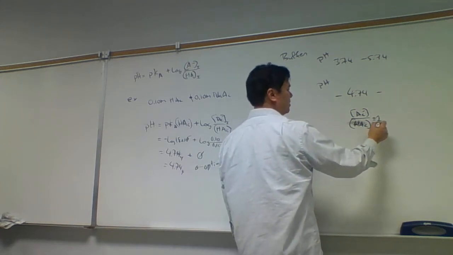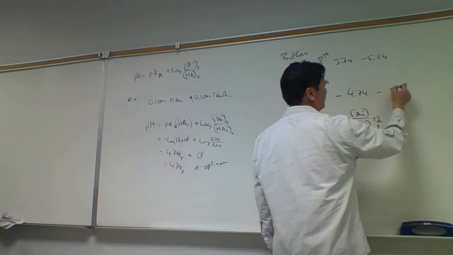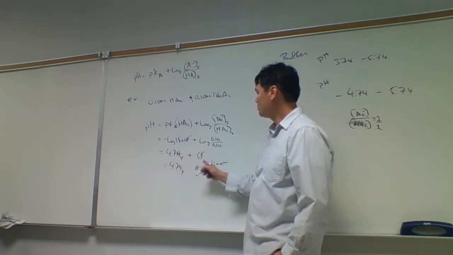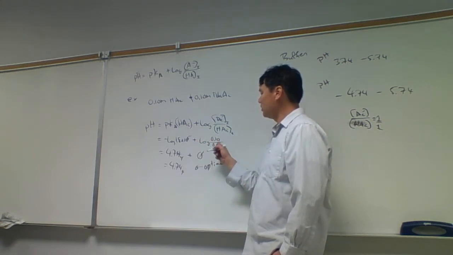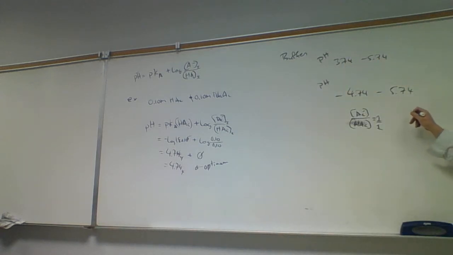It's a 1-to-1 ratio, so 1 over 1 or just 1. If we go to 5.74, then it's going to be the pKa plus 1. In order for the log of the ratio to be 1, we need it to be a 10-to-1 ratio. And so here the AC minus over the HAC